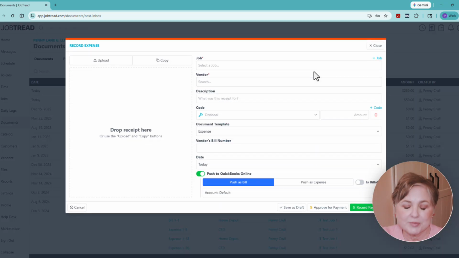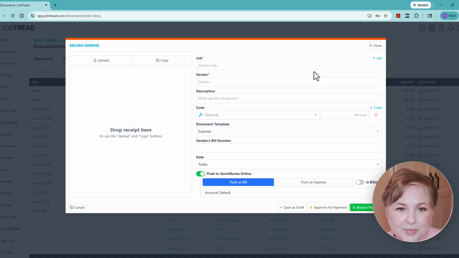Remember how we talked about how once you save a transaction in JobTread, it can't be edited. So for example, let's say months later, I'm looking at my budget and I see that a transaction was recorded to the wrong cost code. I could actually come in here and correct that. My options are to delete and re-enter the transaction,